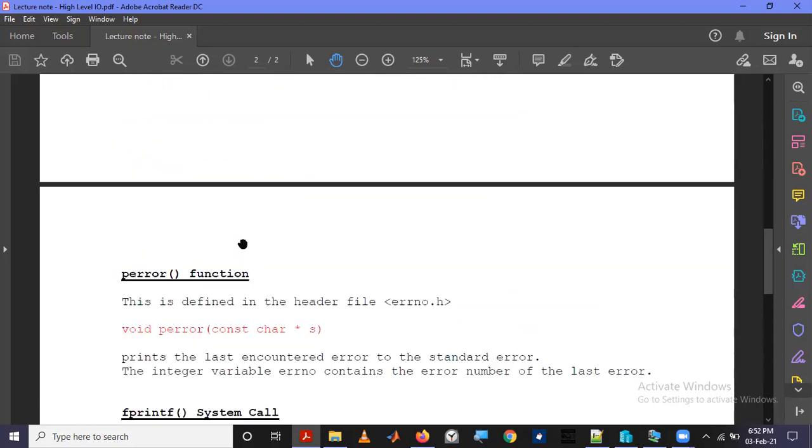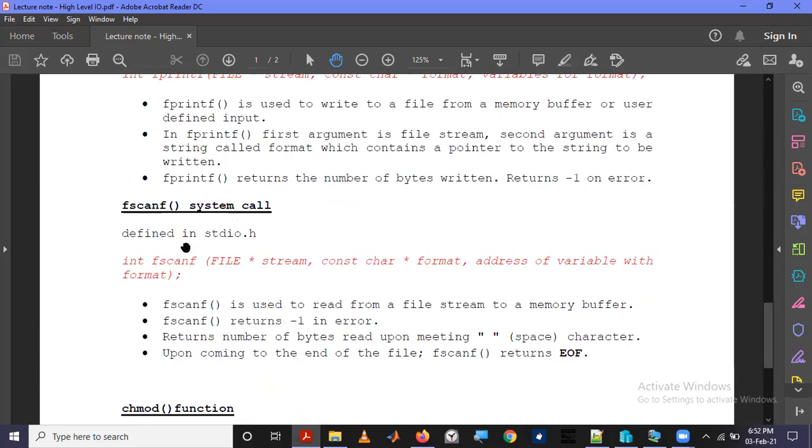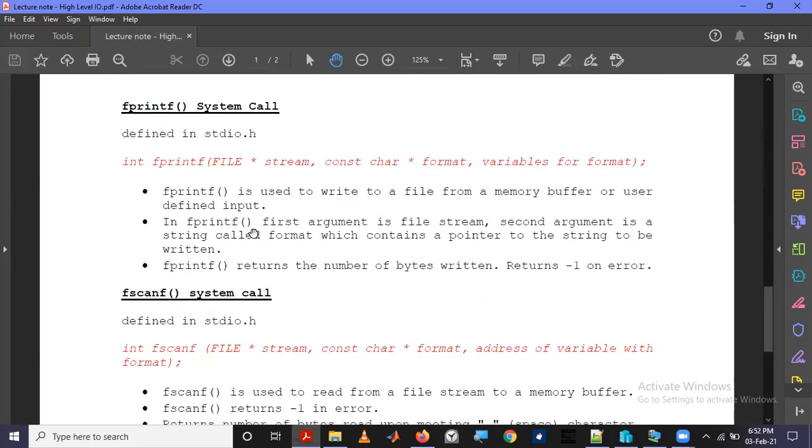So this file pointer is an open file. You can open a file pointer using fopen. So this file pointer could be passed as the first argument here in fprintf. Then you can give whatever the formatted string is here. Then you can provide the variables. So if you can imagine printf, we had discussed printf.